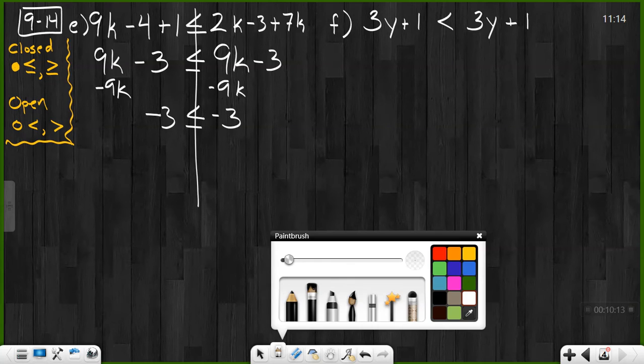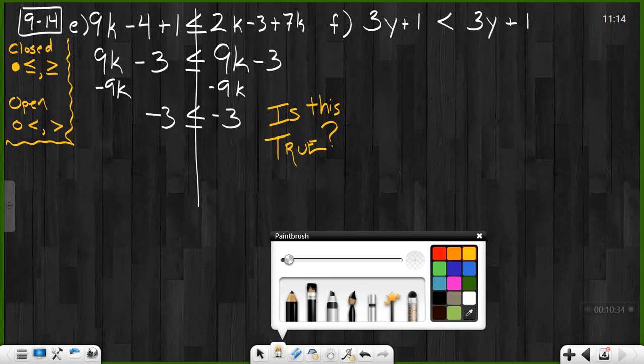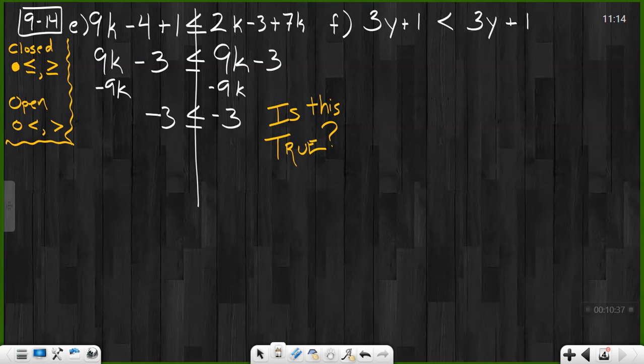And we've come to this problem before when solving equations. Our variable drops out. And when that happens, we've always asked ourselves one question: is this true? If this is true, then it will always be true, and we go for all real numbers. If this is not true, then it will never be true, and we go for no solution. So in this case here, what do we have? Well, negative 3 is less than or equal to negative 3. Well, negative 3 is equal to negative 3. That's allowed. Therefore, k